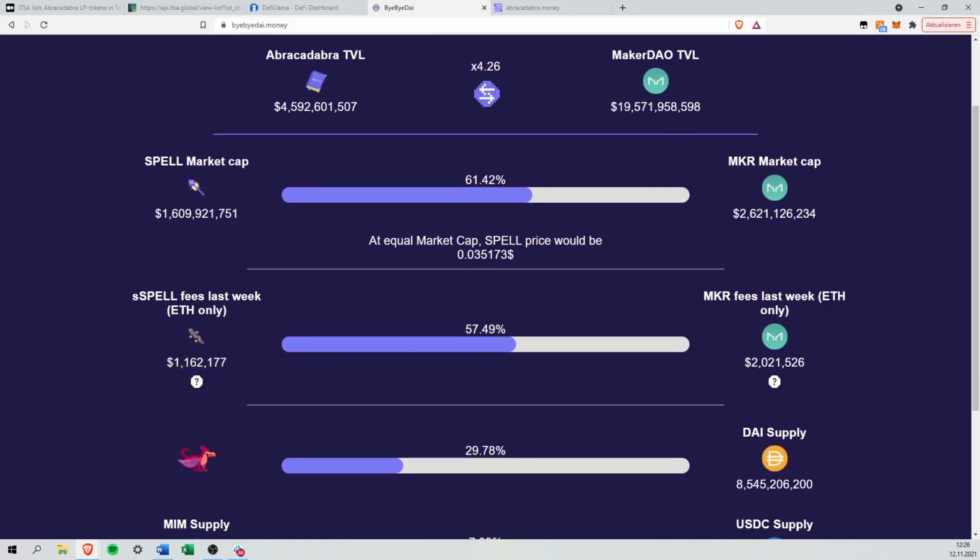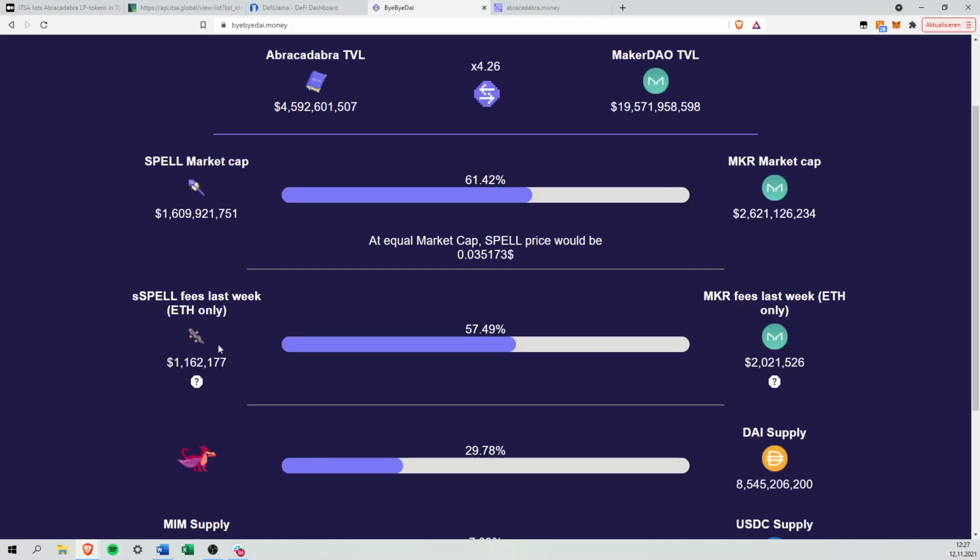The fees here are right now very low. But I know that first, Daniele is like the lead, I would say developer, or he's not a developer, but he has a lead over Abracadabra. And I think he posted also yesterday or some days ago that this is currently not showing the exact amount